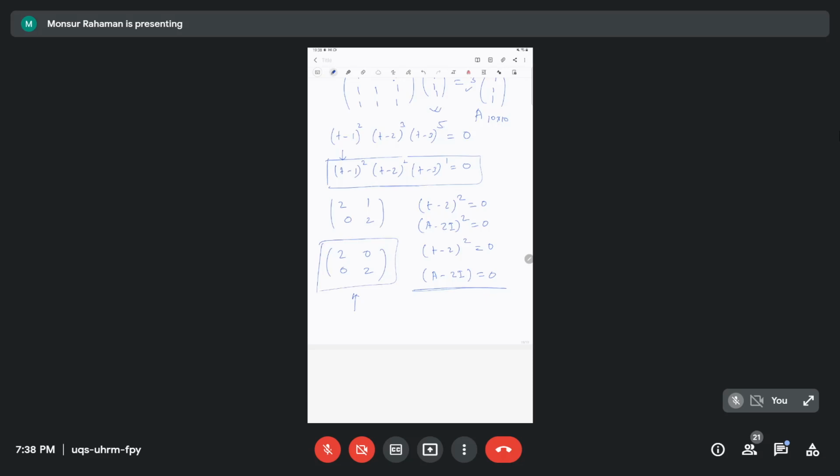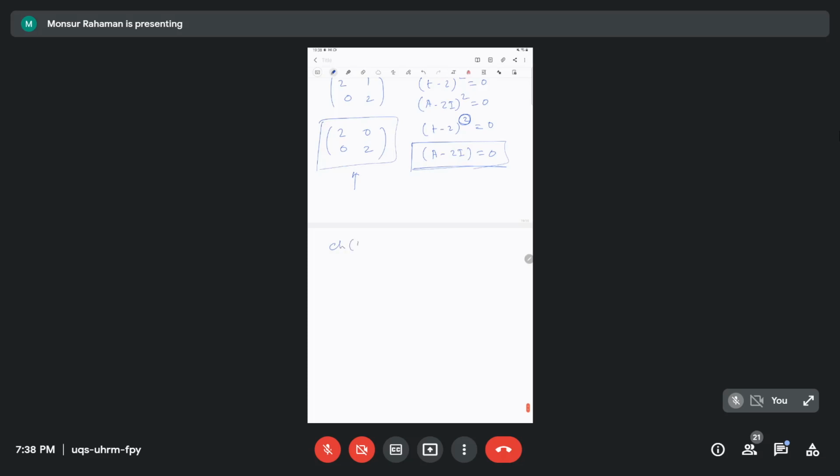So in the characteristic equation, whatever the root is, how many roots are there or how many times it is repeated, it does not depend. It all depends on the minimal polynomial. So obviously if the characteristic polynomial का जो equation होगा वो अगर यही होगा, different root होगा, तो minimal polynomial will be the same ही होगा ना, उसके किसी को तो डिलीट नहीं कर पाओगे। (A minus 2I) and (A minus 3I), this is the minimal polynomial.